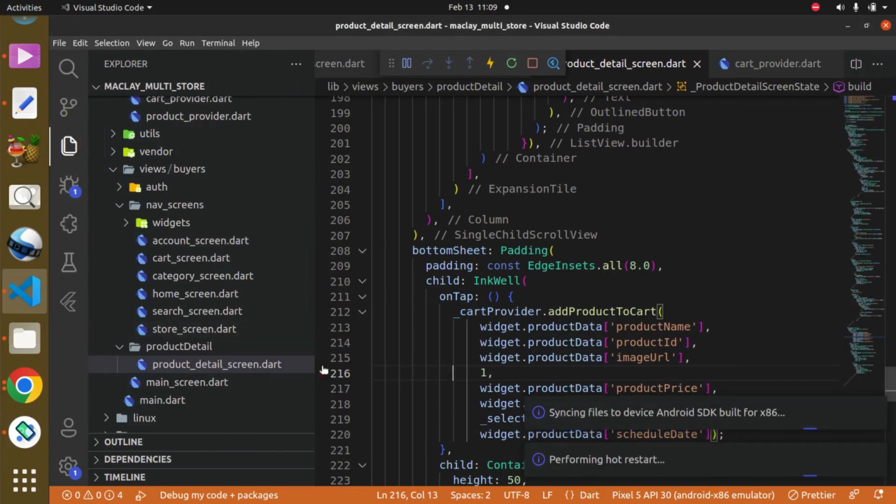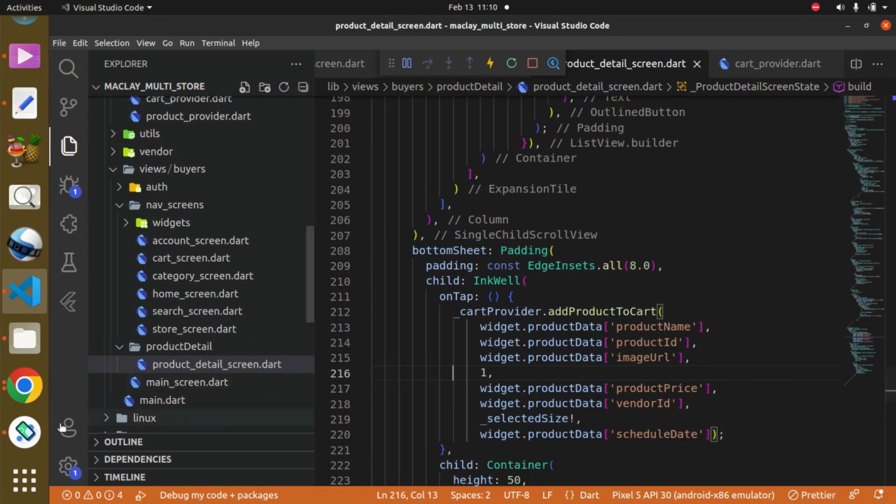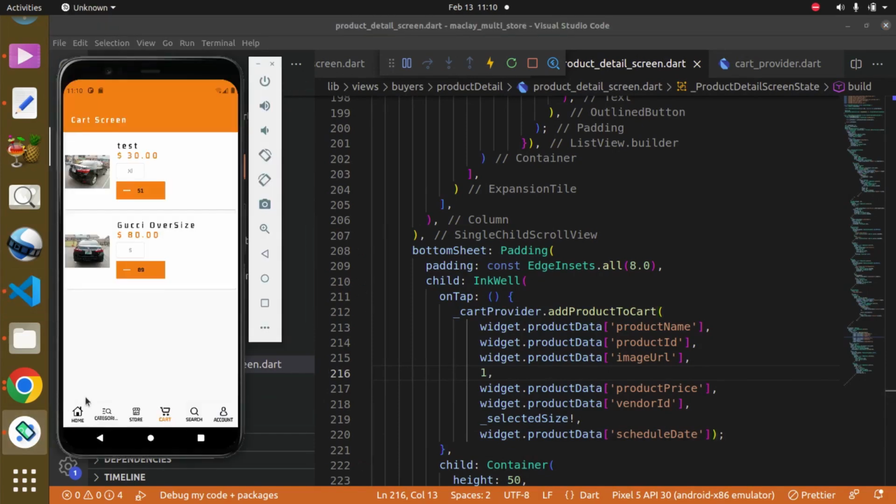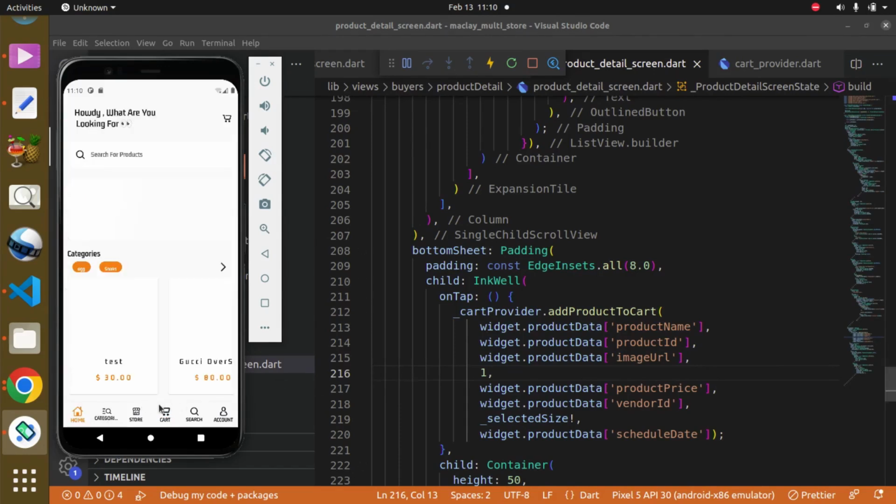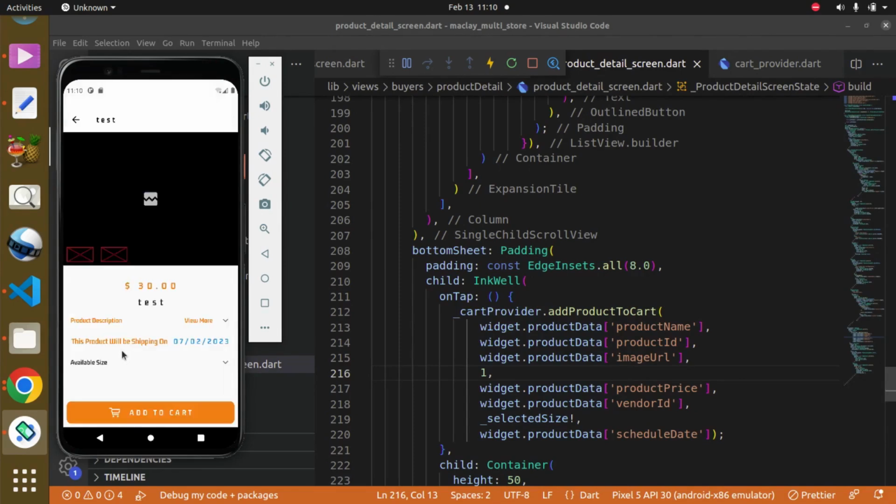reload this, and wait for this. And then since we just recently reloaded, I think we have to re-add the product to our cart again. I'm just gonna come to this. Okay, still restarting, I guess. And okay, cart. Okay, we currently have no products in our cart, and I'm gonna add test